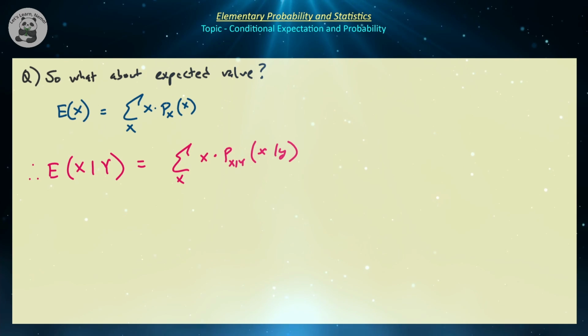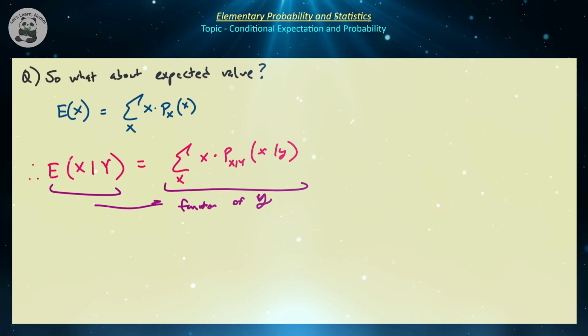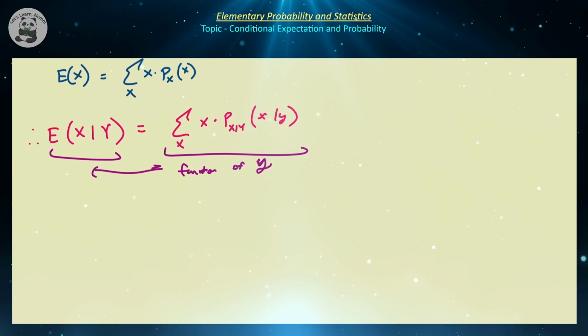Okay, so keep in mind that since we're summing across all values of x, this is going to be a function of the value y. Same thing as E[X | Y = y]. Okay, so if that is the conditional expectation of y, let's assume again that we're given the conditional probability mass function